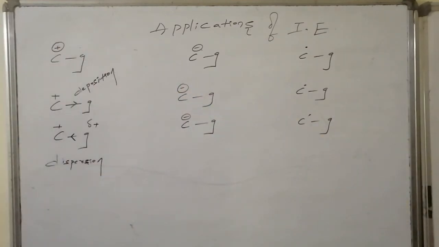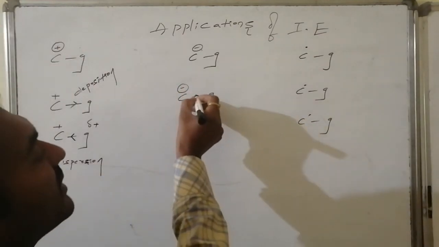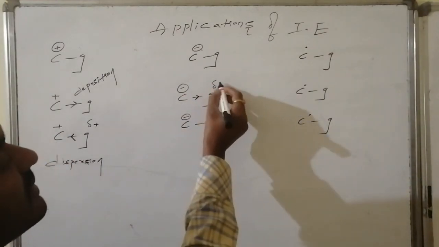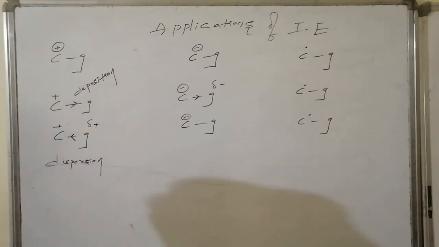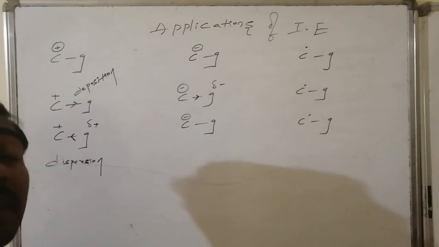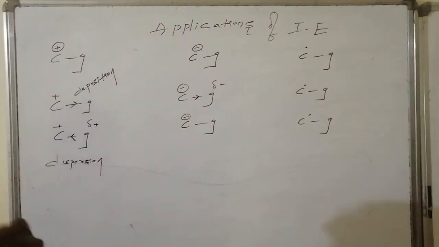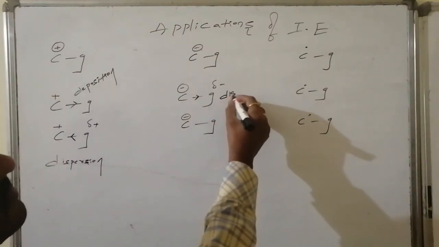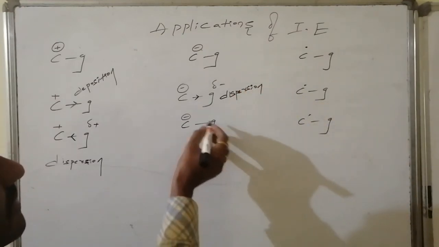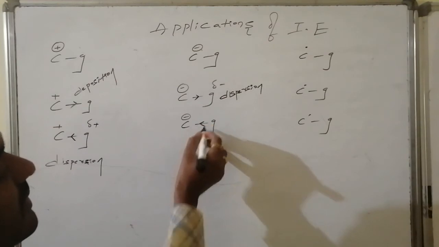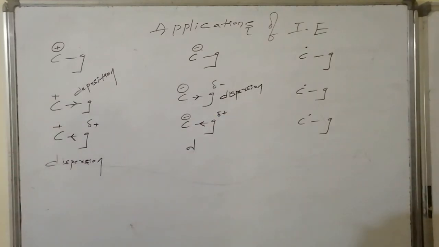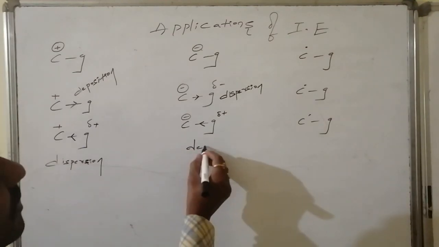Whereas in this case, if that group is a negative inductive effect group, what will it do? It will share some of the electron density present on the connected carbon atom with this group. As a result, the electron density present on the carbon decreases. Thus here dispersion occurs. Whereas in the second case, deposition occurs, because I am expecting this group to be a positive inductive effect group. As a result, excess charge deposition occurs on this carbon.